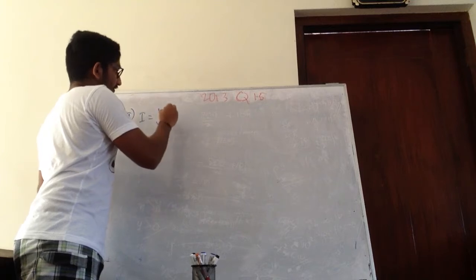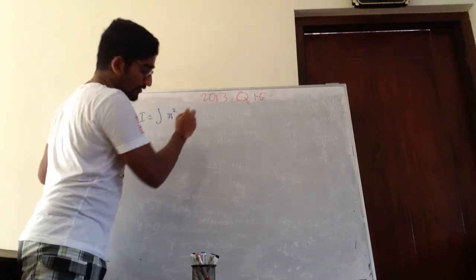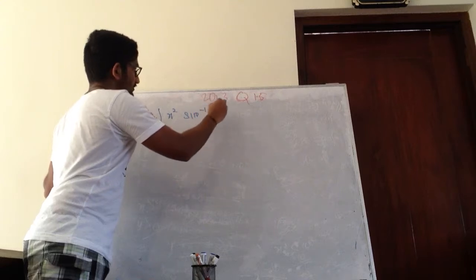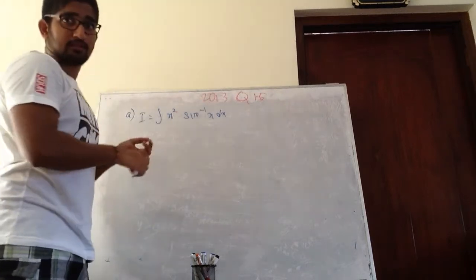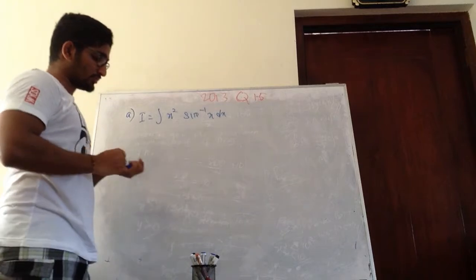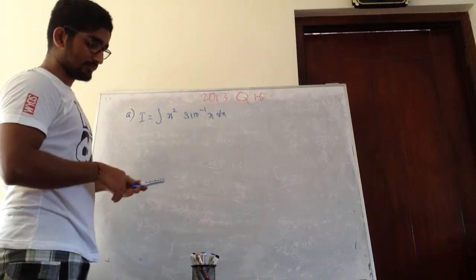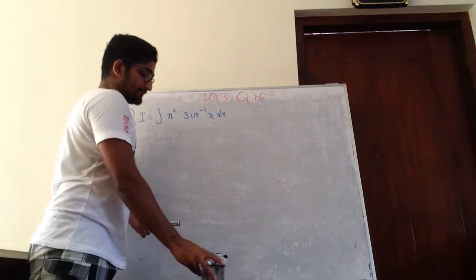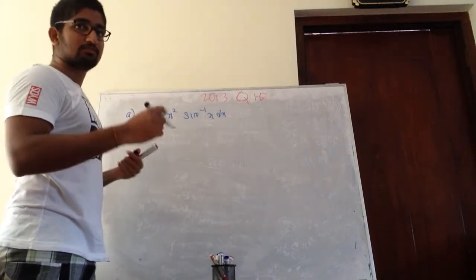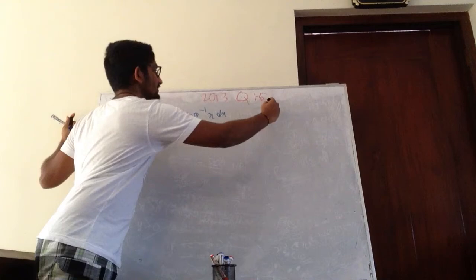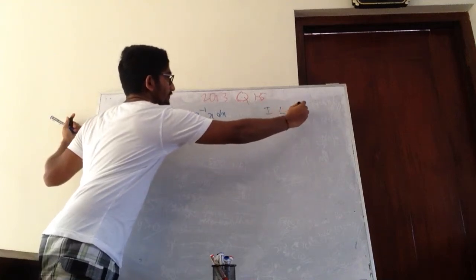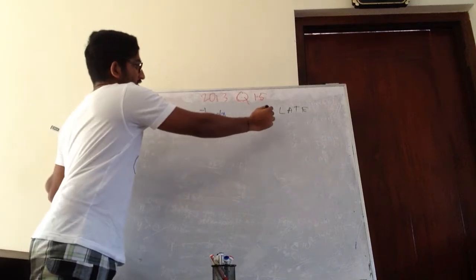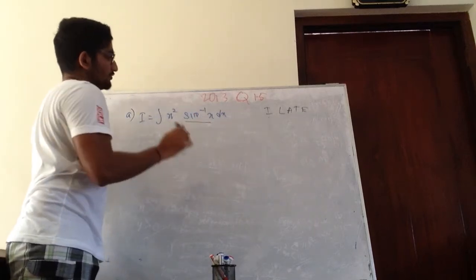Take this as I equals the integral of x squared sine inverse x dx. Right, so now first of all you need to select this. So we have to do integration by parts. First of all you need to select what's u. So the way you do it is that highlight. So whichever comes first is u. So here this is inverse. This is basically going to be u.